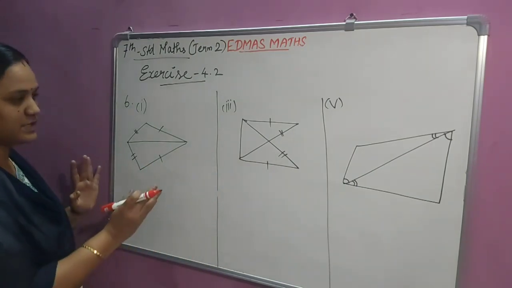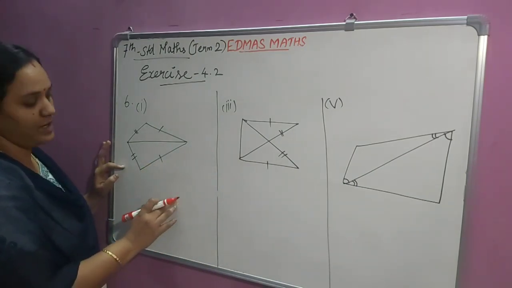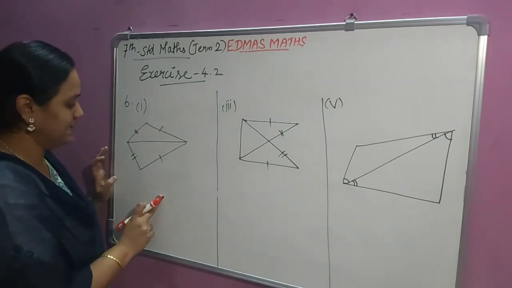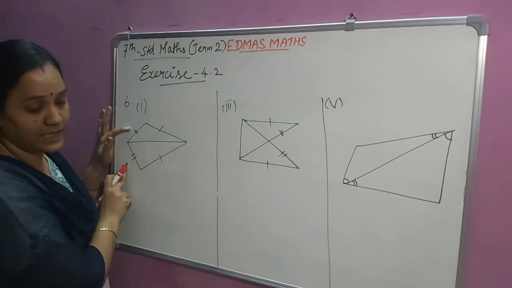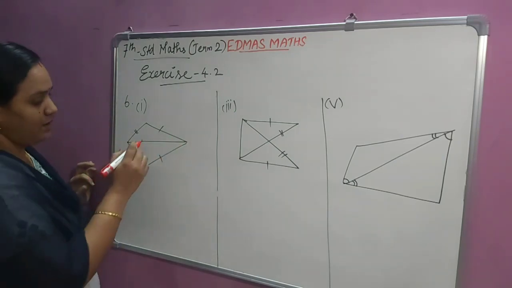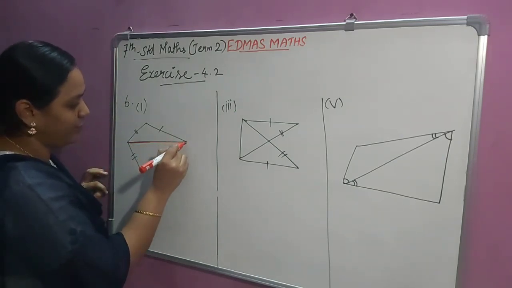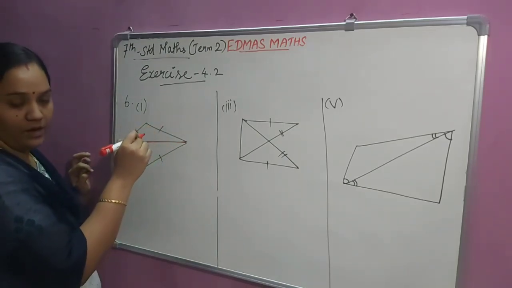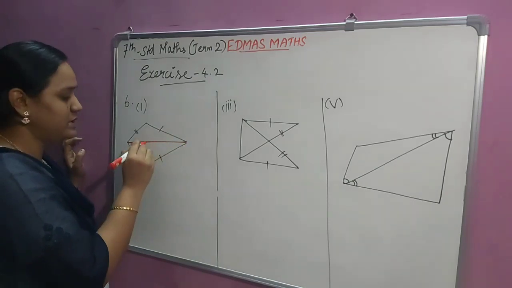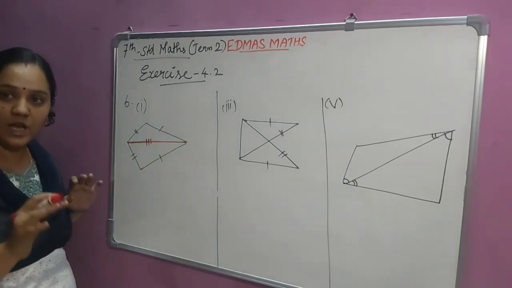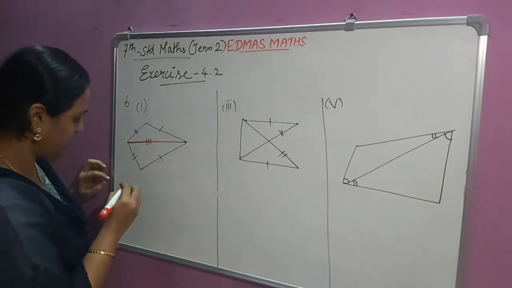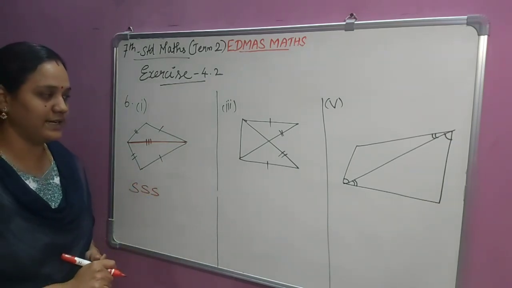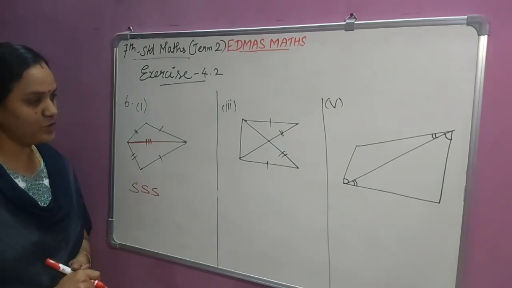See the first option, this is your given figure and here they mentioned these single line angles are corresponding angles and these double lines are corresponding, and the remaining side, the common side, is common for both the triangles. This is one triangle and this is one triangle and this is the common line. So this will also be equal only. This must be equal. So the criterion is SSS criterion. So all the three sides are corresponding to each other.